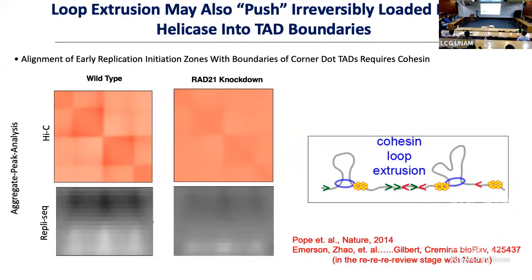How do we know this has anything to do with extrusion? Well, we knock out Rad21, and when we do that, we lose the dots, and we lose the alignment. We already knew from previous work that Rad21 was required for the dots. Now we show it's required to focus those initiation sites close to the origin. This part's in bioRxiv, by the way, so you can go find it if you want.